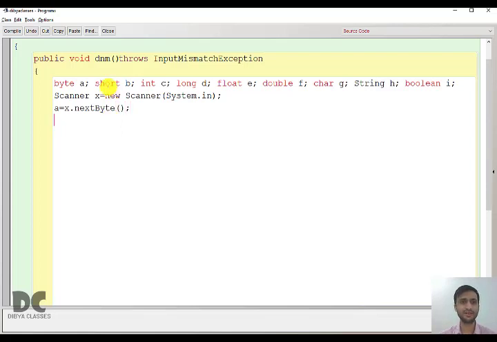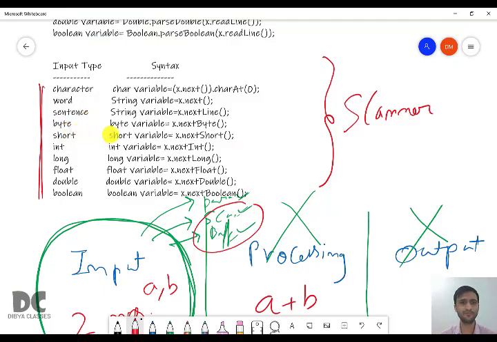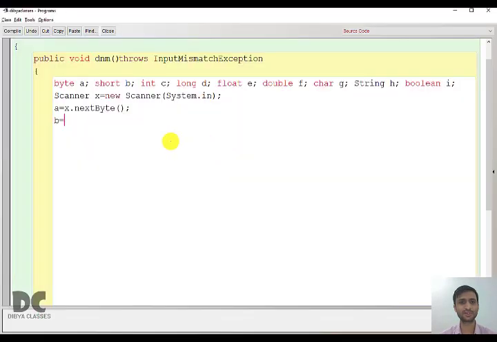Similarly, next I will take input for b. So I will write b equal to, and what for short? x dot nextShort. It is very easy to remember. Then for int, you have to write nextInt. So simple. Everything has next in it, and you know for what type of value you are inputting.